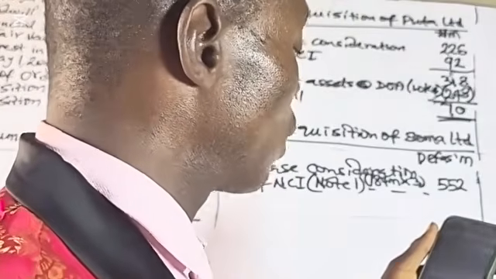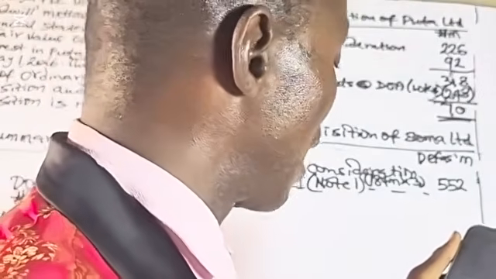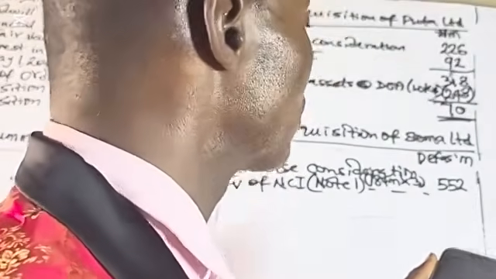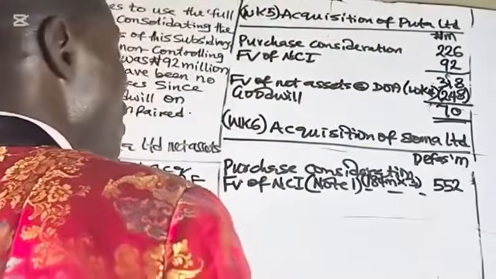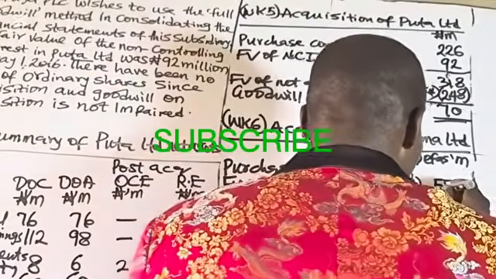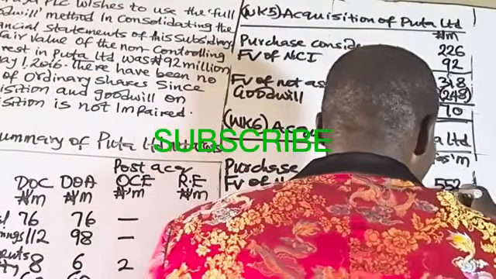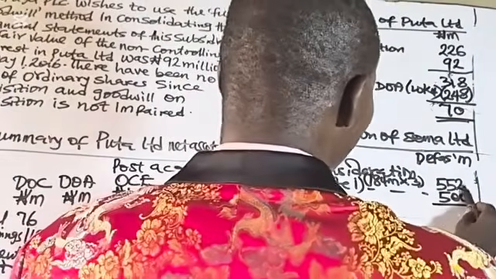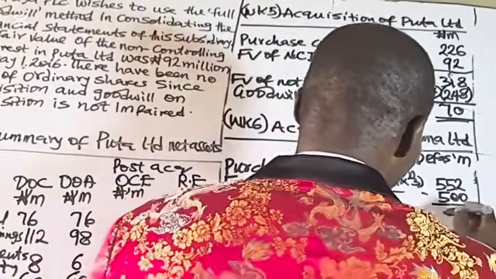The fair value of non-controlling interest in Soma Limited at May 1st, 2016 was 500 million DEFAS. So you add 500 million: 552 plus 500 gives us